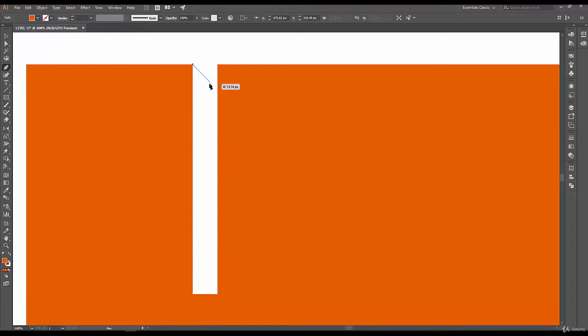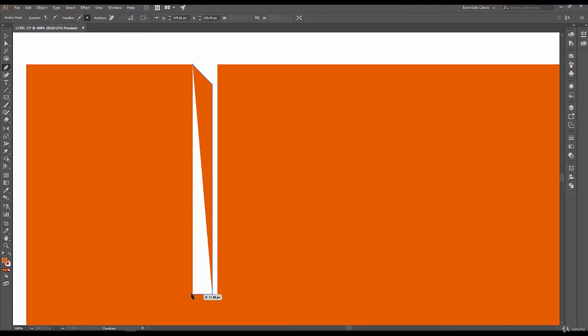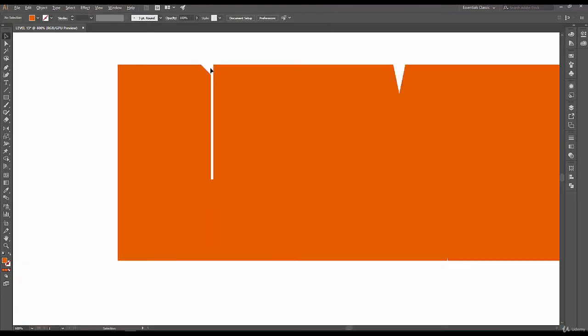By the way, I'm holding Shift while drawing this rectangle to get an exact 45-degree angle and a straight line. You can try that, it's pretty helpful. There you go.